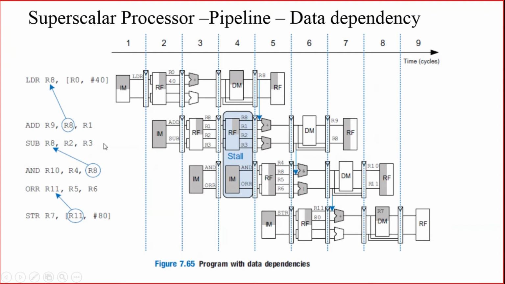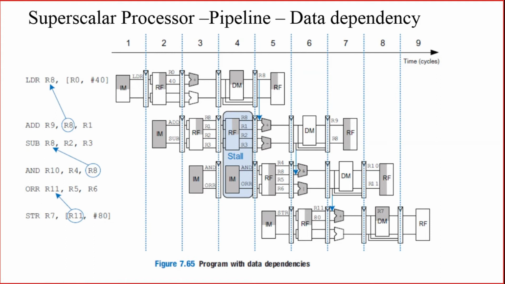Then in the second cycle, what will happen? Two instructions will be taken because these two instructions are not dependent. Only AND and LDR is dependent. AND and sub is independent. So both the instructions will be taken in. And in the decode stage, for the first instruction, it has identified that R8 and R1 are the operands. So R8 you have already calculated from here. The data present in this address location has been stored onto R8. So the content of R8 and the content of R1 will be given to the ALU.